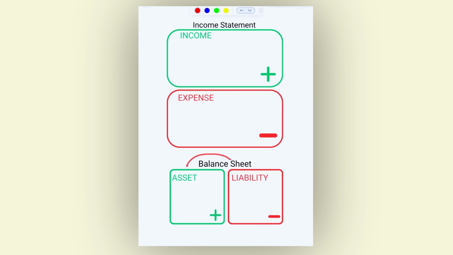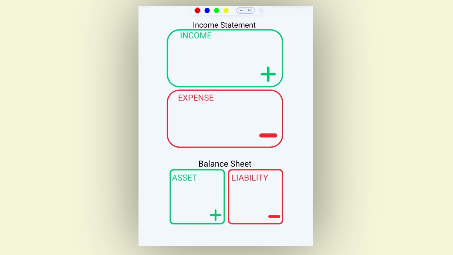And then the balance sheet down here is simply assets, which is things that put money in your pocket. And then liabilities are things that take money from your pocket. And we both know in order to grow wealth, our income needs to be much higher than our expenses. And we have to have more assets than we have liabilities. But the trap that people fall into is when they increase their income over time, they also increase their expenses. And what they often do is this, it's called the middle class trap.